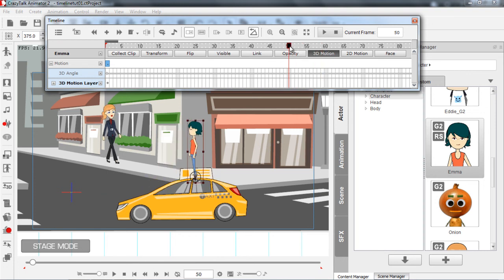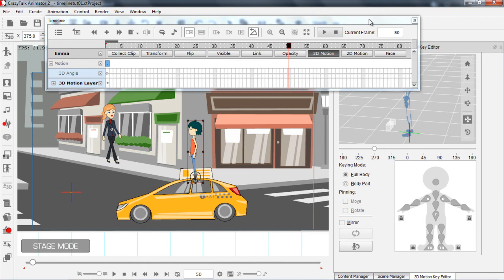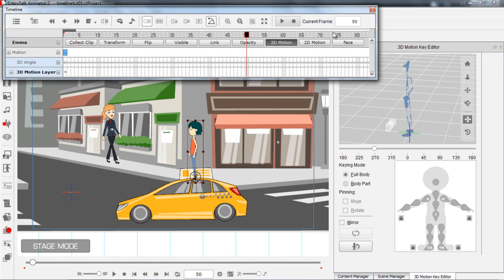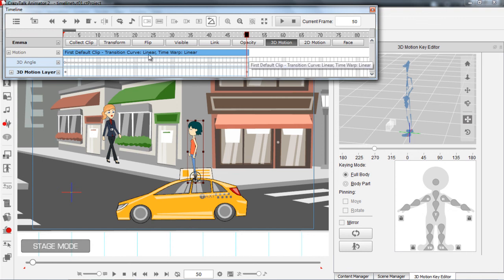Maybe what I want to do is at the frame 50, I'm going to double click on the 3D motion layer track right here, and that's going to bring up my 3D motion key editor on the right hand side there. And if I double click again, that's going to add a keyframe. And then you can see when I do that, this entire clip appears in the top there. Now you're probably wondering why, if I just add a keyframe, why is this entire clip appearing? And that's because if I press Ctrl Z and I undo this right now,